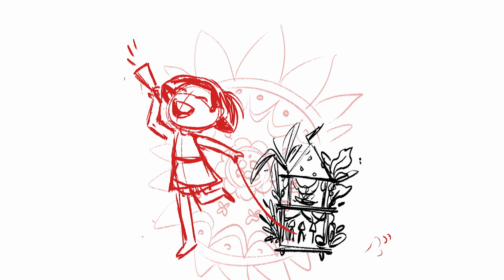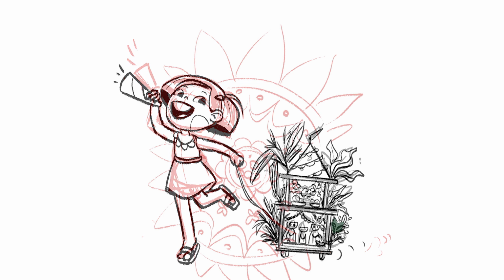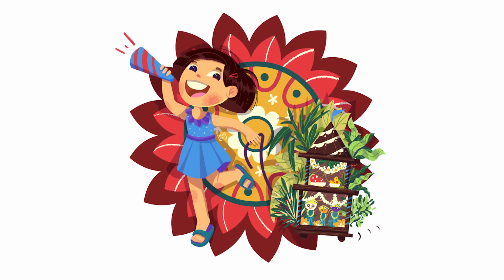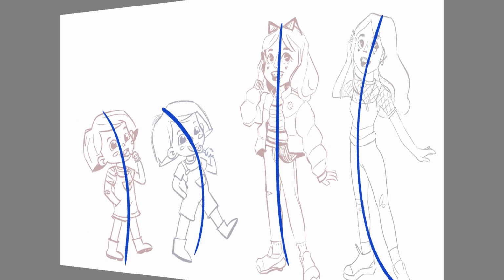I want to show this other character also I had done previously. This character also has a very sharp C curve. And so it's done. All our characters, our expressions and everything is done.